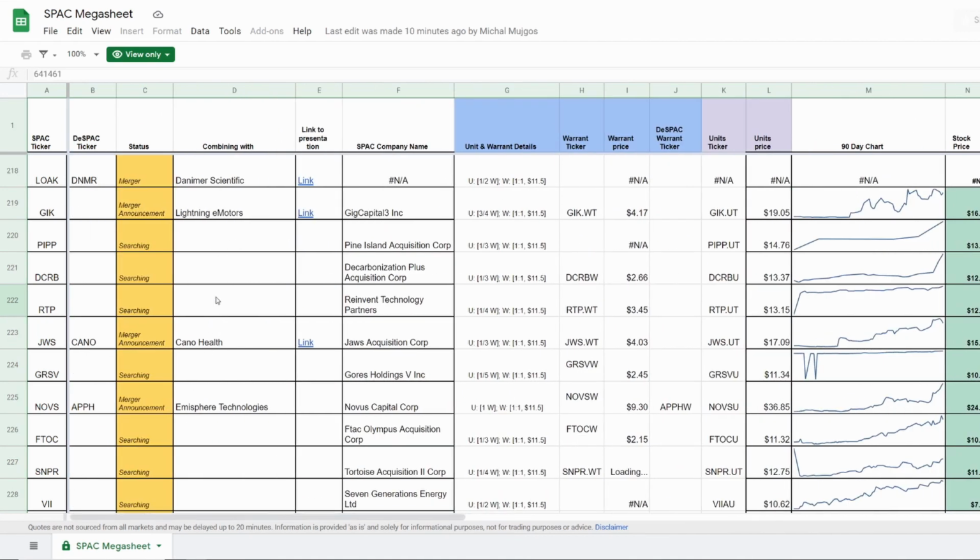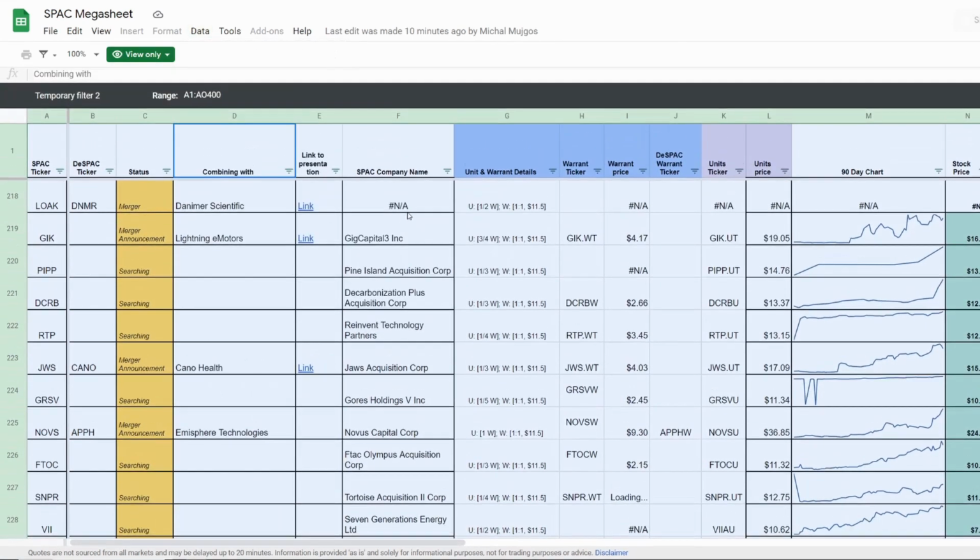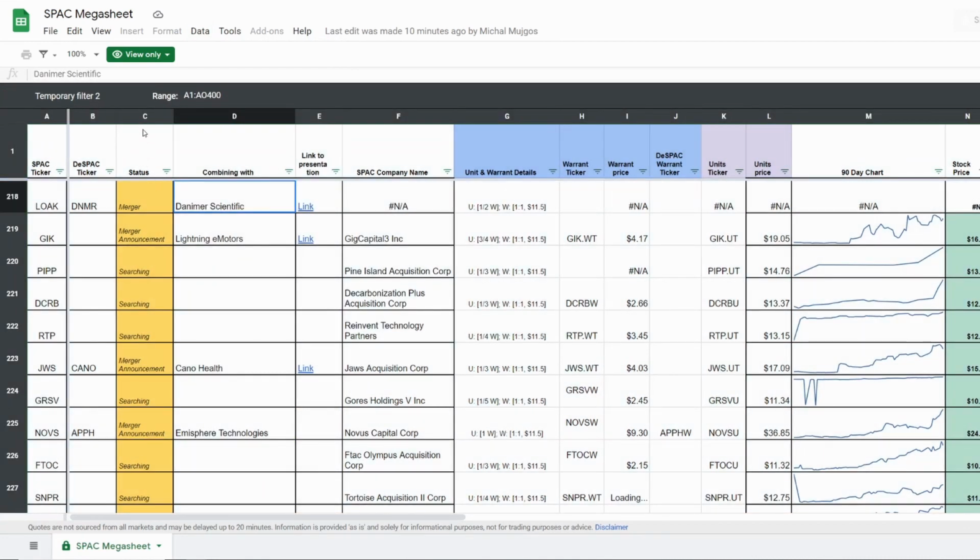Okay, so these were the absolute basics. This is something you probably already know. So let's get to the more specific data. So in the third column, you can see the status of SPACs, which currently we can see that we have